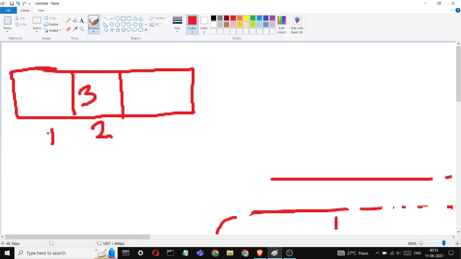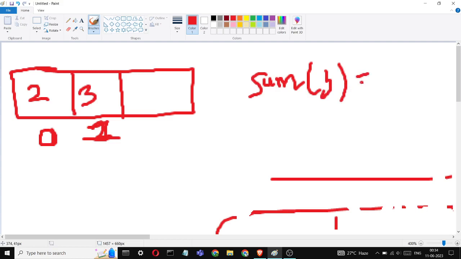Let's suppose this is 1, this is 0, and this is 1. This is the case. Then you can have 2 here, but when you calculate the sum with your formula, this will give 6 because it includes 1 also here. So in this case, after calculating this sum, what you have to do